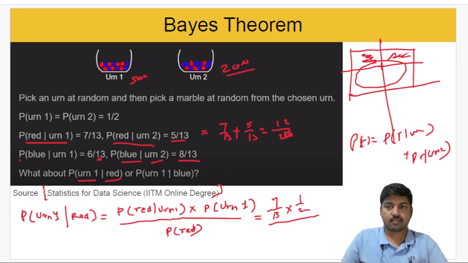Probability of A is equal to probability of A divided by B, and probability of into probability of B plus probability of